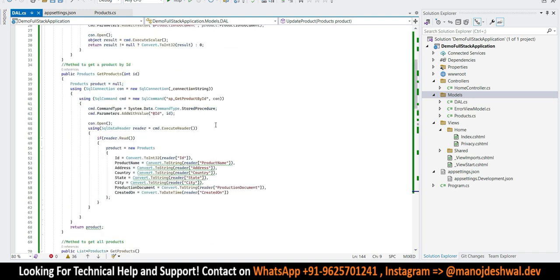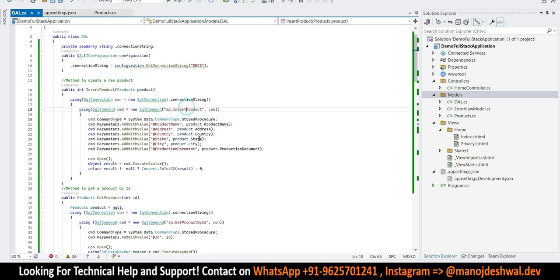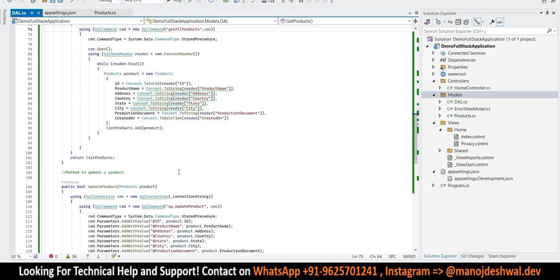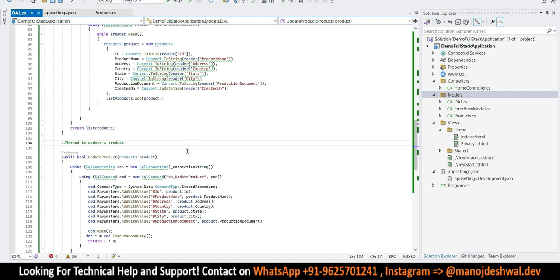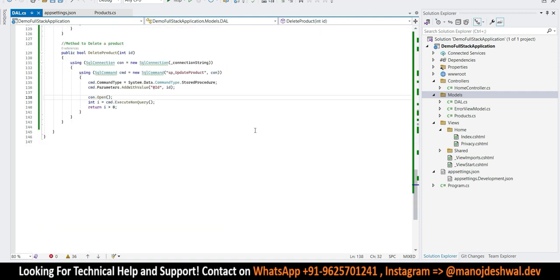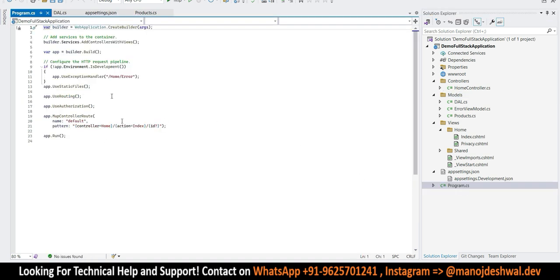So we are done with all our del methods. So these procedures I'll show you within the same database. This is very simple stored procedures. Save. And now next up is we have to go to our program.cs and we have to inject our del